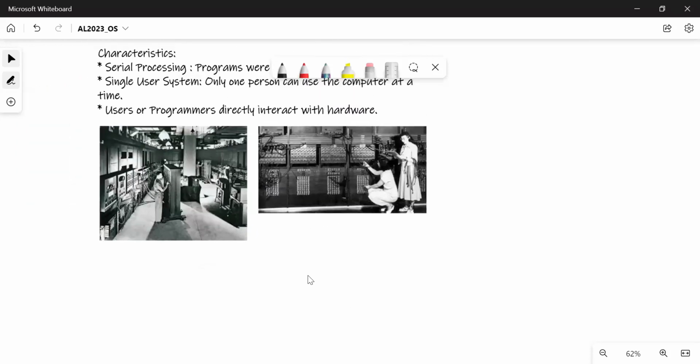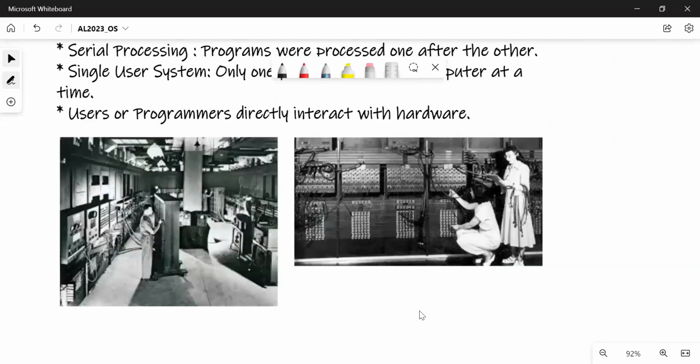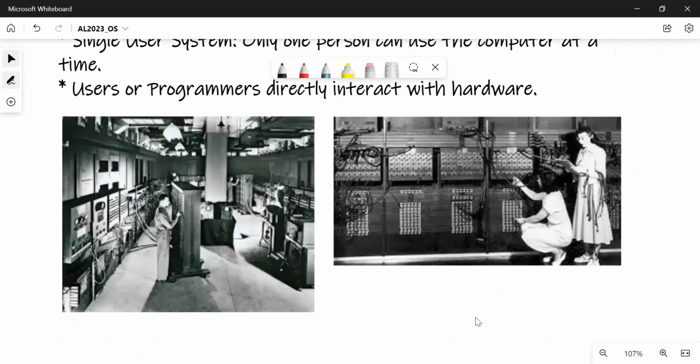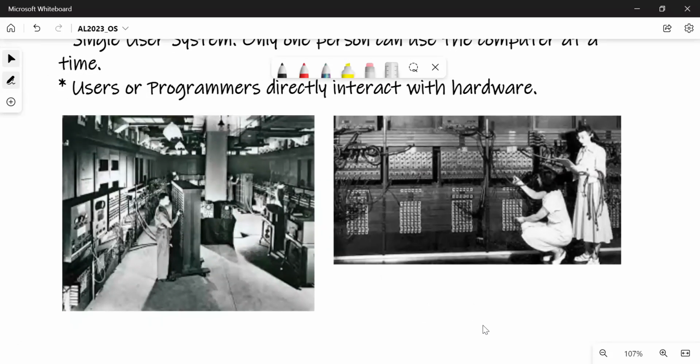You can see they were carrying some cables. So that's how they interacted with the hardware. It was not like nowadays where we have an operating system like Windows, which will automatically manage everything. But those days, humans had to be involved in everything.